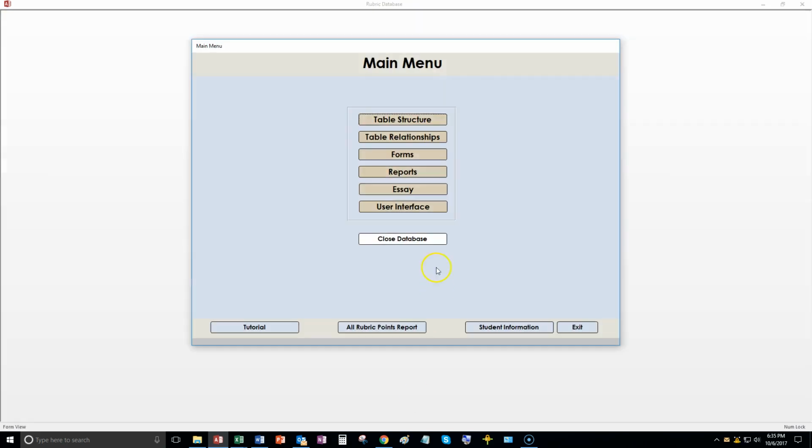again. Now when you're doing your tables for the first supplemental activity, you'll do both table structure and table relationships. And then from then on, the next supplemental activity you'll do forms, and the next one after that you'll do reports. And then for your final portion of your completed version, you'll also do the essay and the user interface. Okay, so each time you enter